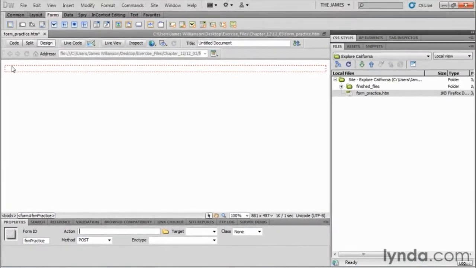Okay, now making sure that your cursor is inside of your form, what we're going to do now is start inserting a form element on the page and see what Dreamweaver does to ensure that we have accessible form elements. So the first form element we're going to place on the page is probably the most common, and that is the text field. So I'm just going to go right beside the form tag, find text field, and click to